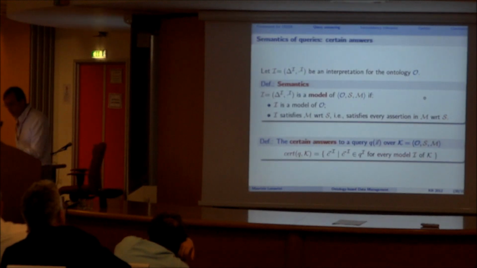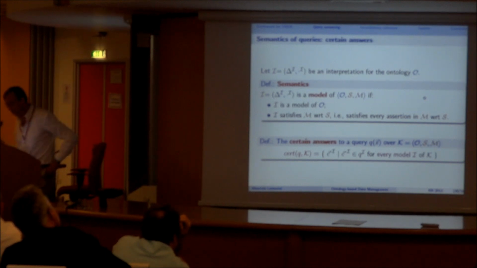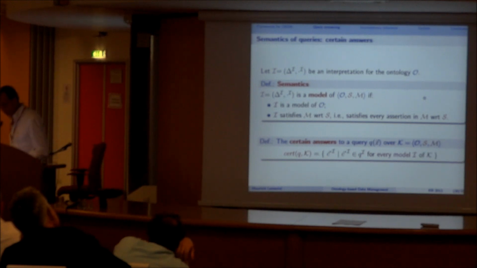And obviously we have the notion of models of the whole thing. So we also have implicitly the notion of answers to a query. What is an answer to a query? We consider what we call the certain answers: the answers that are true in every model of the theory. So when you have a query expressed over the whole thing, you want to compute those answers, in terms of the constants of the alphabet, that are those tuples that are the answer to the query Q in every model of the triple.